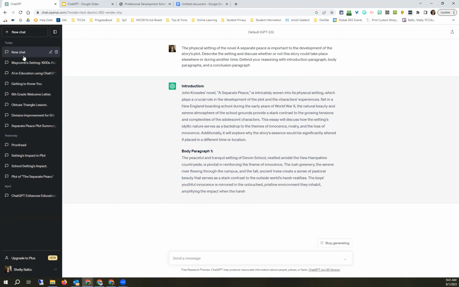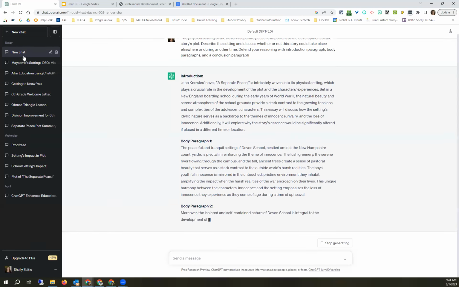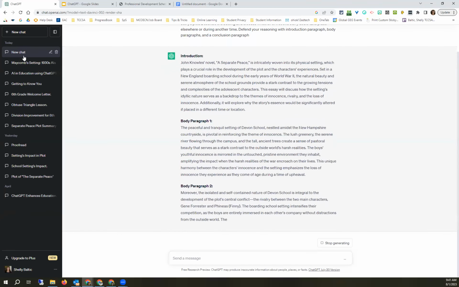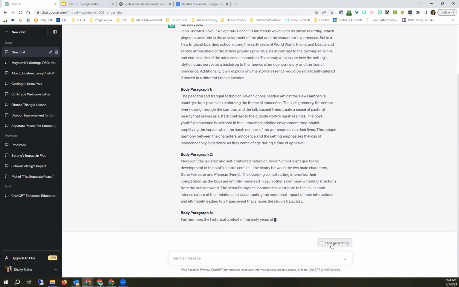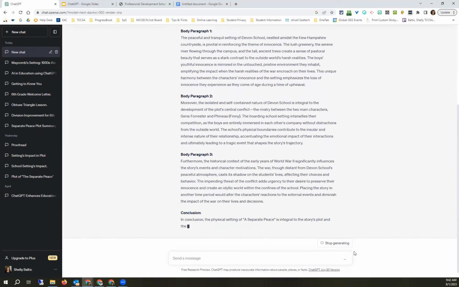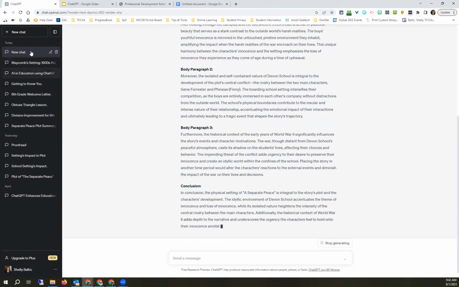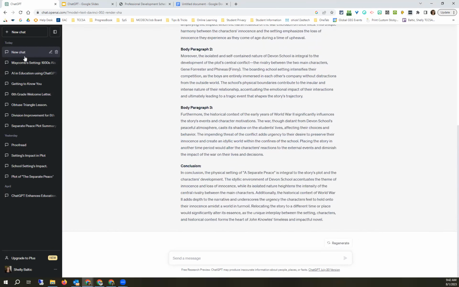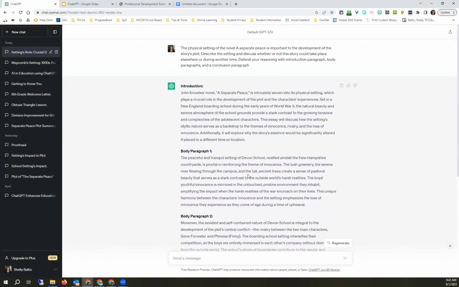Notice over here on the side, it says new chat. That's the one I'm working on. As it is creating this, you can see that it's generating. I can stop if I'm like, oh, this isn't what I need. And then it's automatically going to name this. You'll see, give it a second, and it automatically named it for me. Okay. So again, if I took this and I copied and pasted it,